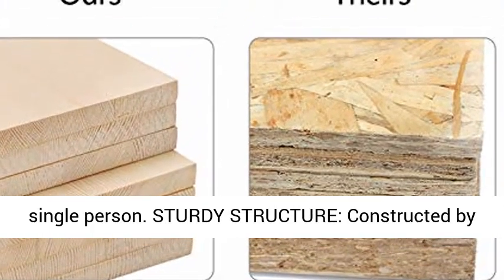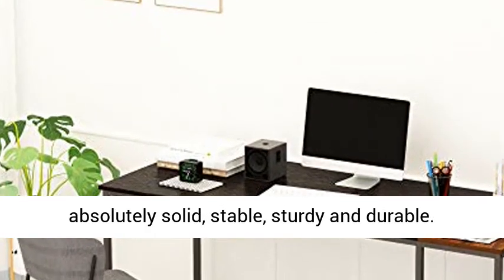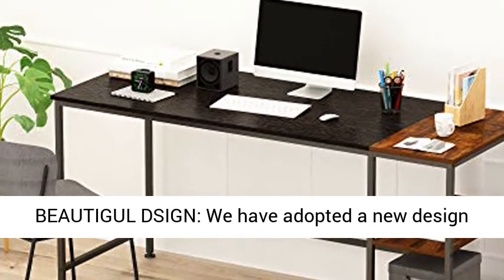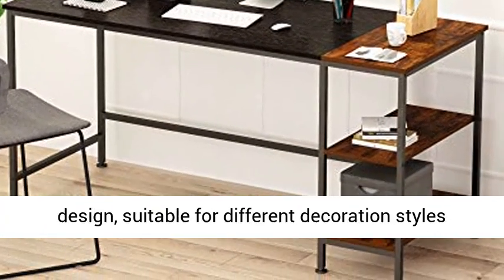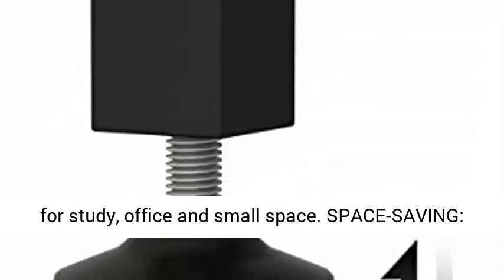Sturdy structure, constructed by premium steel and chipboard, the computer desk is absolutely solid, stable, sturdy and durable. Beautiful design, we have adopted a new design while ensuring practicality. Industrial style design, suitable for different decoration styles for study,